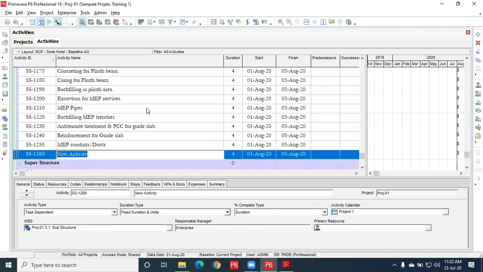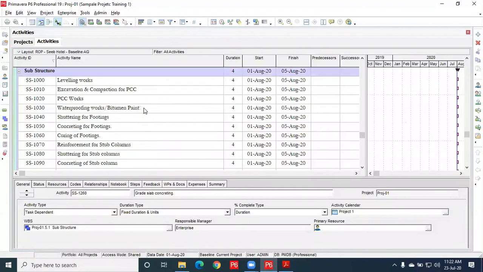Enter, then insert, then grade slab concreting. Okay, up to here we have completed all activities related to the substructure.